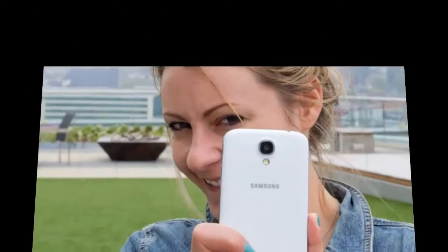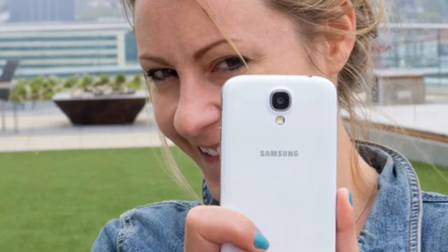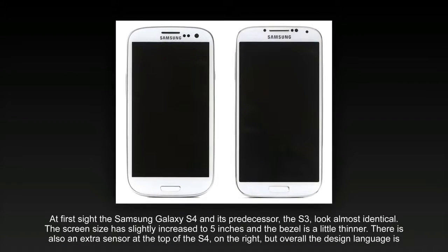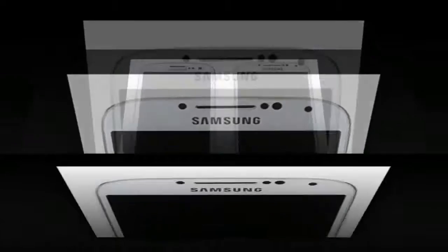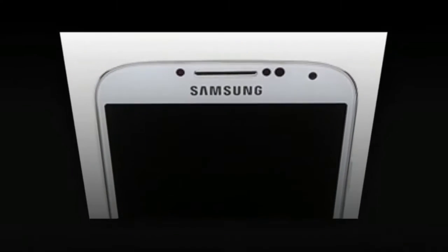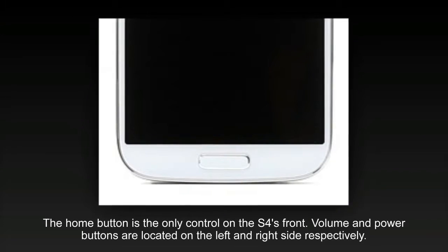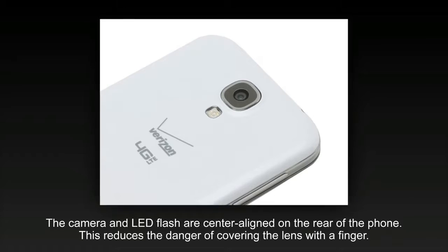So expectations were high among industry insiders and consumers alike when the S4 was launched in April, and Samsung did not disappoint. The Galaxy S4's design is very similar to its predecessor, but under the hood the new model comes with the latest hardware and software technologies. Like many high-end devices this year, the S4's camera features a 13MP backside illuminated CMOS sensor and a 1080p 5-inch screen. Depending on region, the phone is powered by a 1.9 GHz Qualcomm quad-core chip and the latest Android version